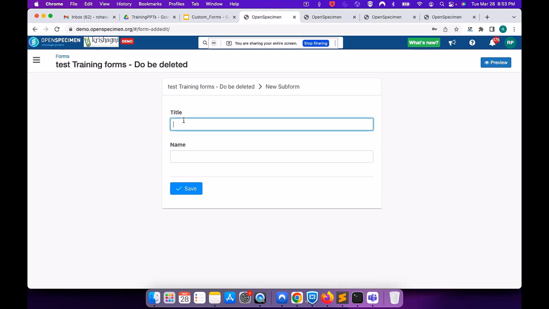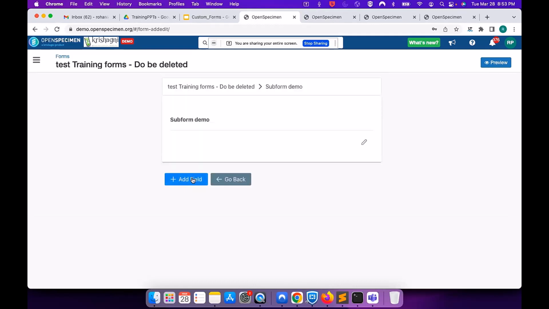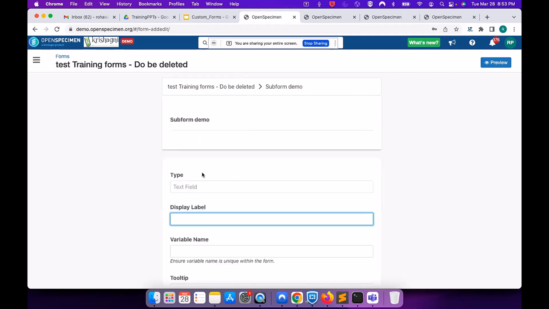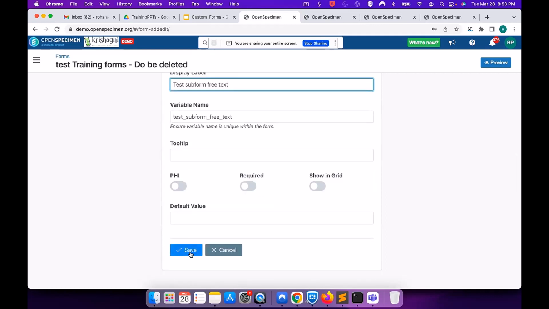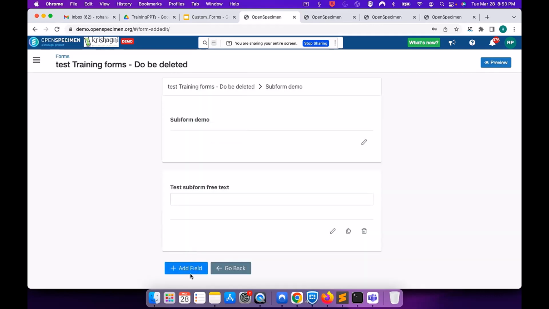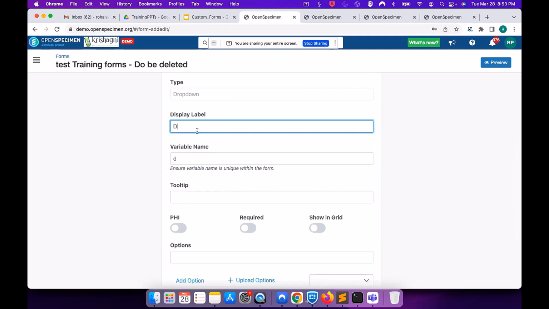So I can select this, and all the fields that I was seeing earlier, they can be added over here again. So I just created one free text field and one drop down with